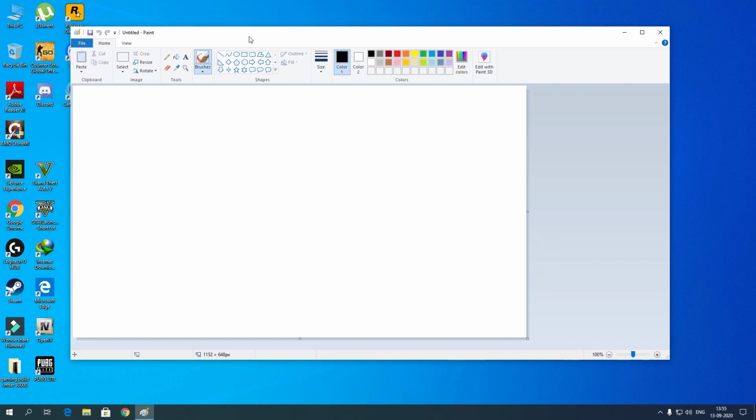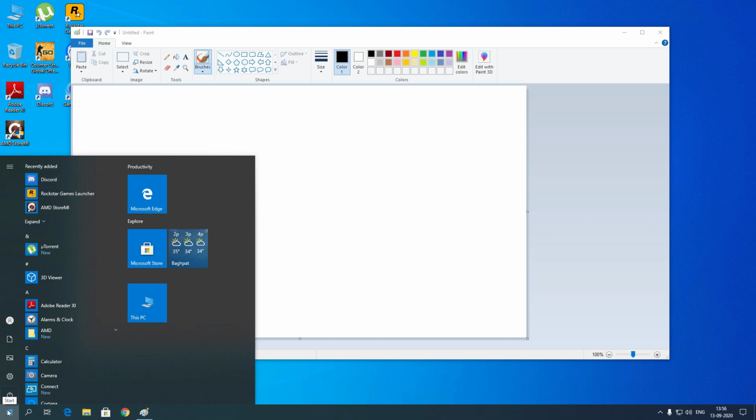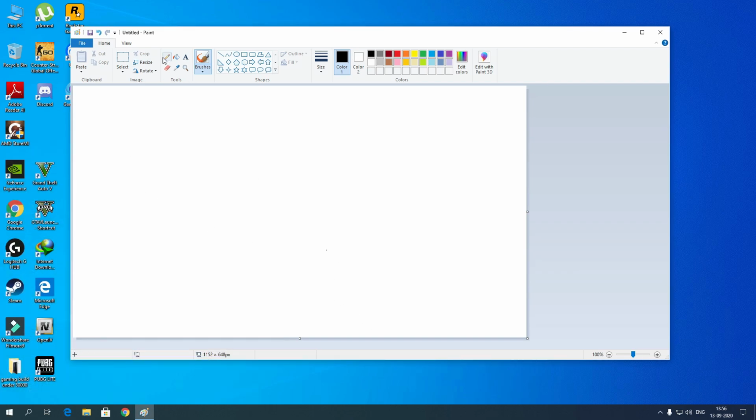So you need to remember some things. Desktop is the starting page of the computer. It contains some icons. Can you see there are some icons? Taskbar and the start menu. It's the start menu. We press the start button to see all the programs stored in the computer. Can you see? When I click on the start button, I can see all the programs stored on the computer. Paint program is used to draw pictures and color them. Can you see? This is the Paint program, right? Now I am going to draw some picture. You can draw some picture as well as color it. Can you color it? Yes.